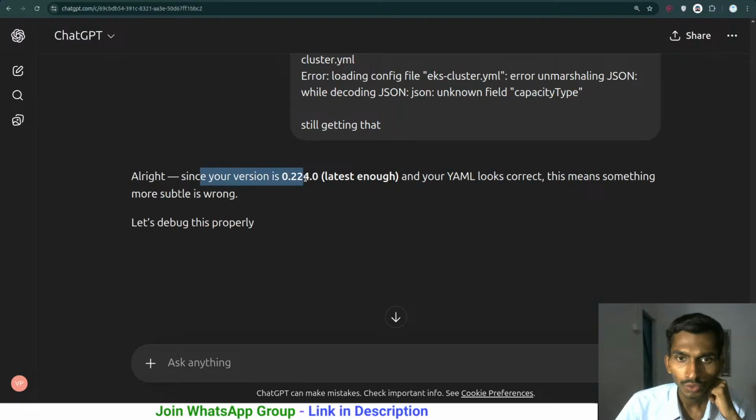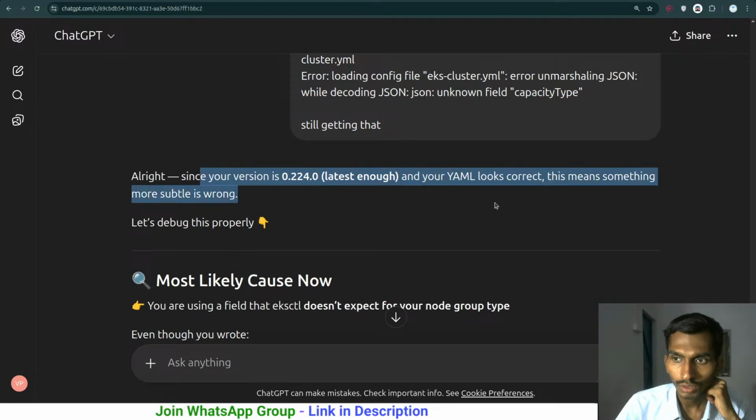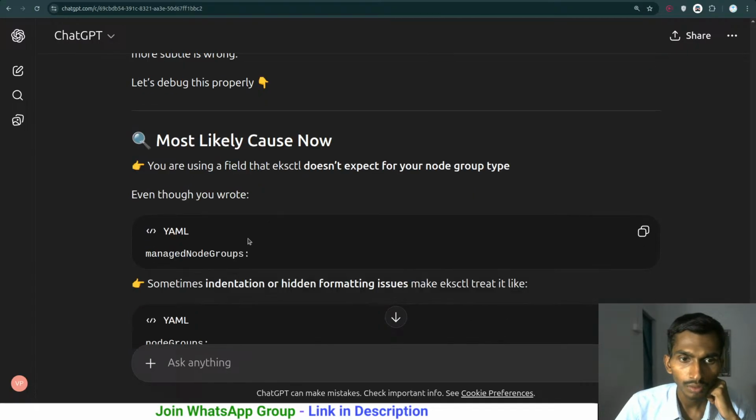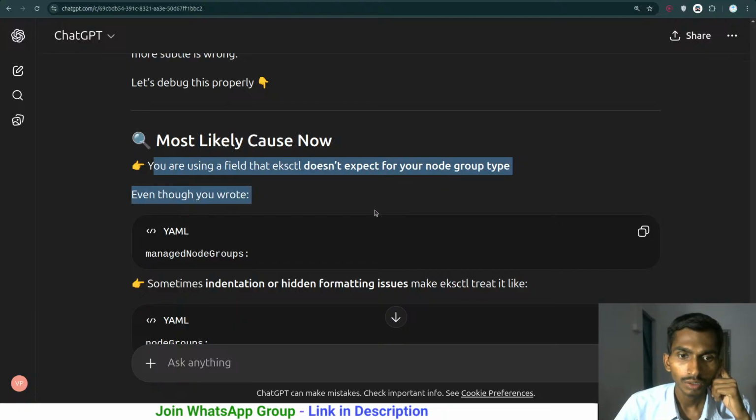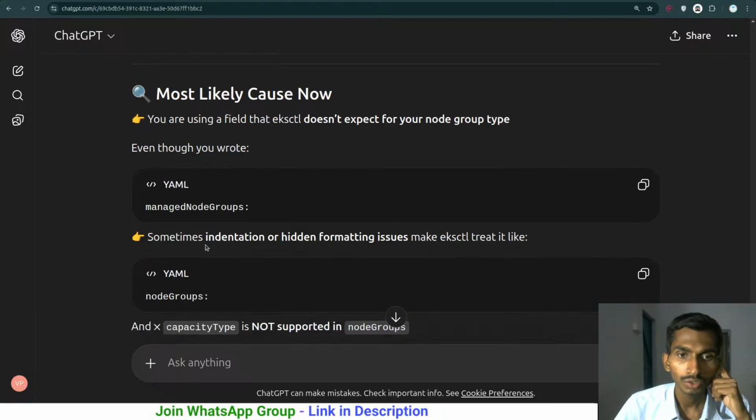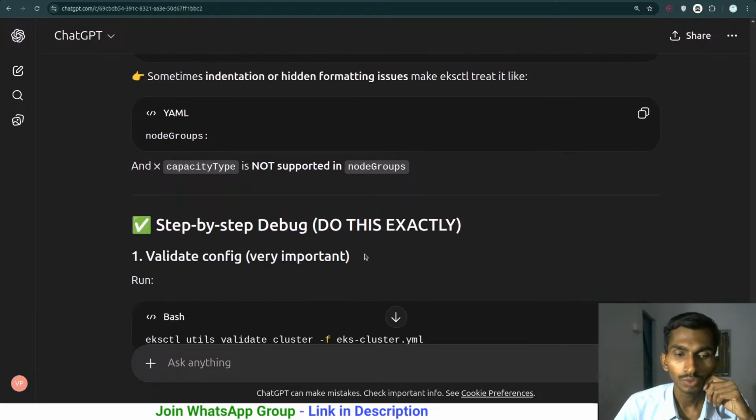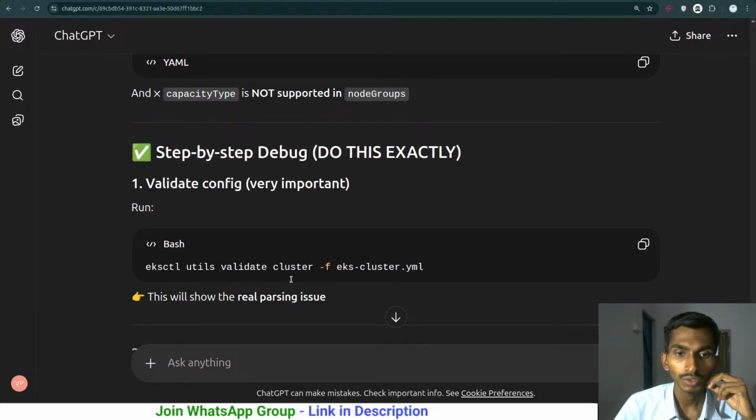So, since your version is latest and looks correct, this means something else is unstable or wrong. Most likely you are using a field that eksctl doesn't expect, even though you wrote managed node groups. Sometimes the intention is node groups, but capacity type is not supported, so step by step,